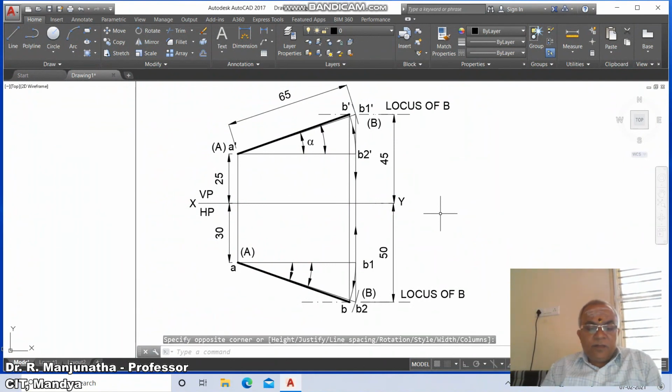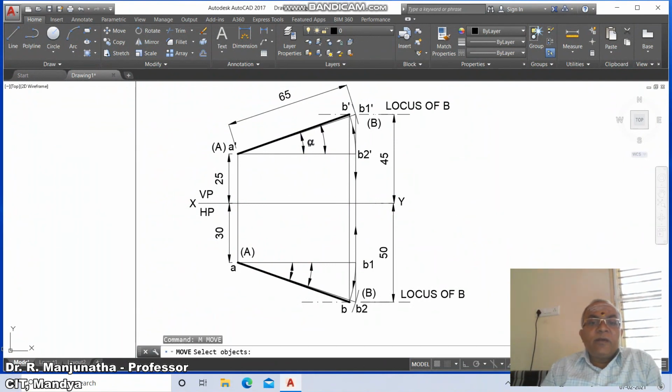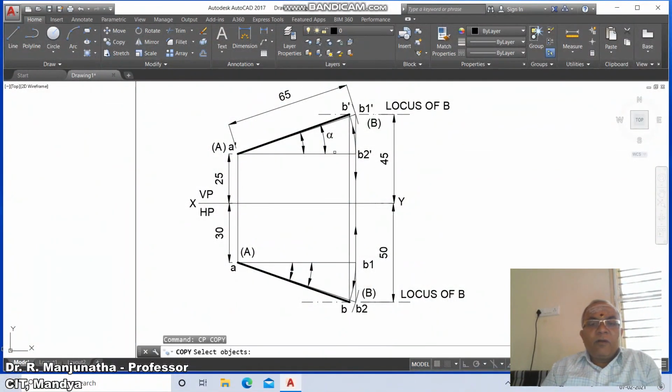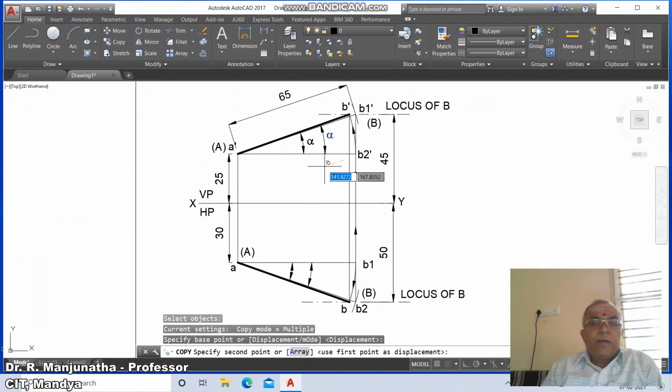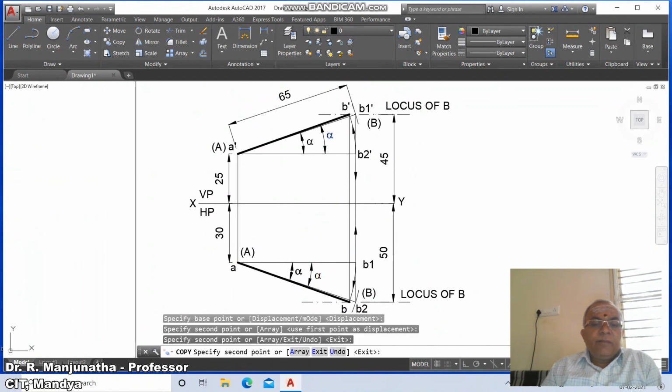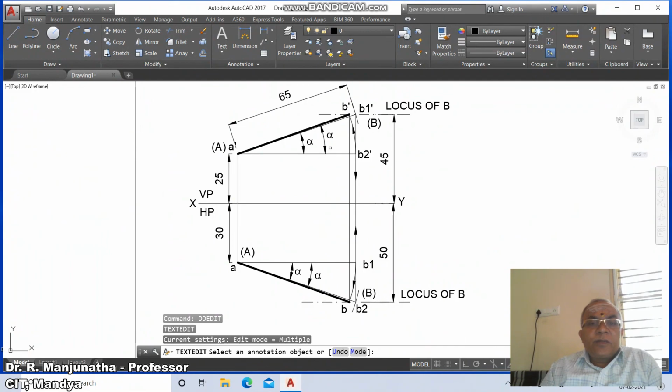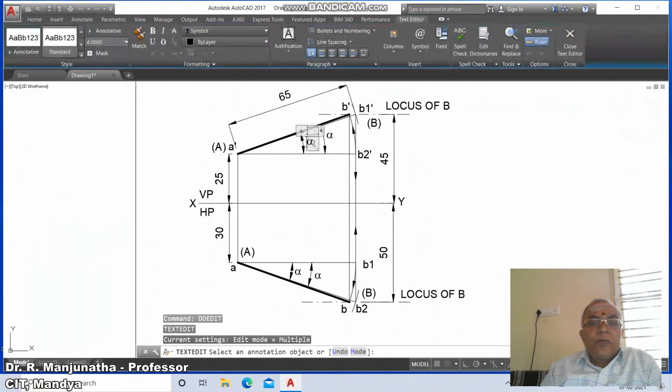Then you just move this alpha here and then copy this alpha here and then here and then here. So multiple copying. Then you want to have DD edit. You just come down to this. You make it small q